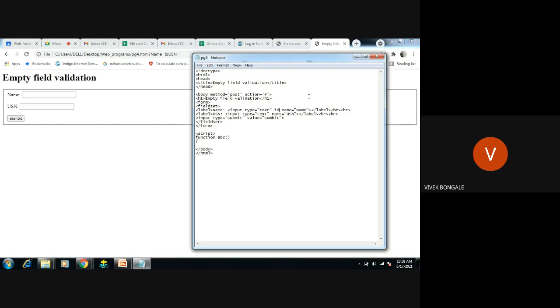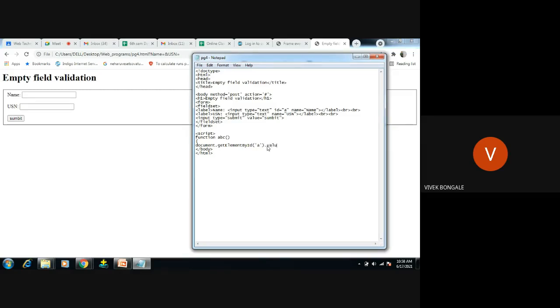With the help of ID we can access this value. So ID equals, I will give a. So I want to access this input type. Document dot getElementById, so give the ID here.